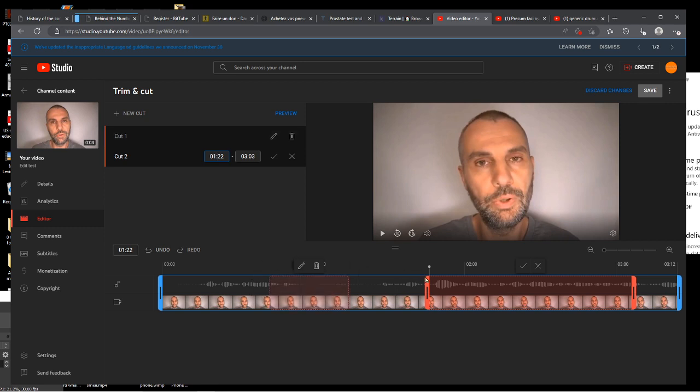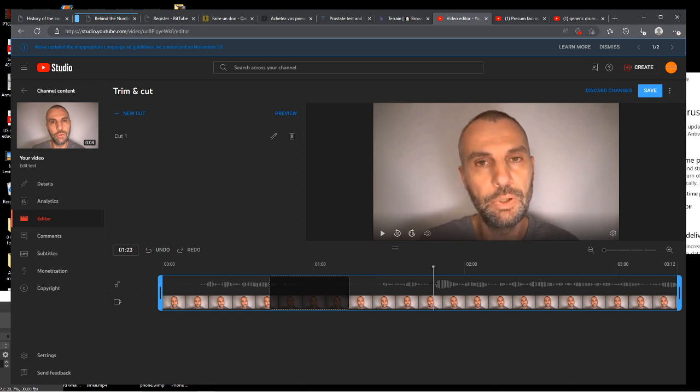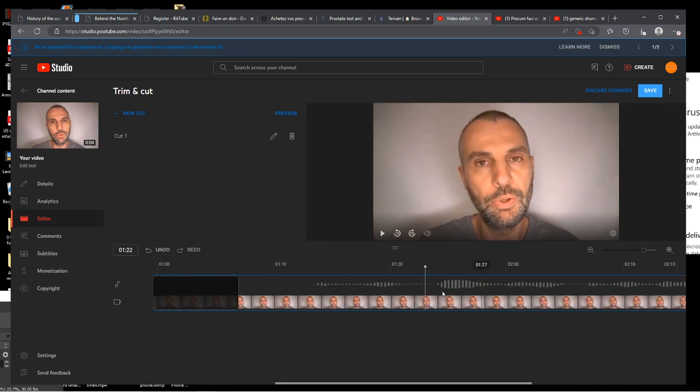Also, when you have a long video and you want to go really by the words, and you want to be very accurate at the position, you need to use this zoom in, zoom out. Right now I'm zoomed out, I see the entire video, but if I zoom in, I get this more detailed view, and you can move the timeline very accurately here.